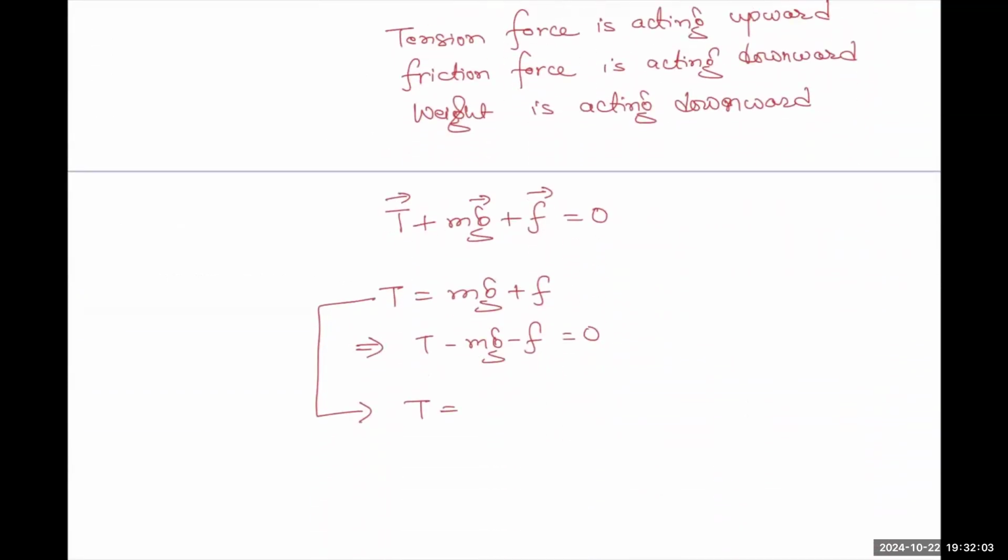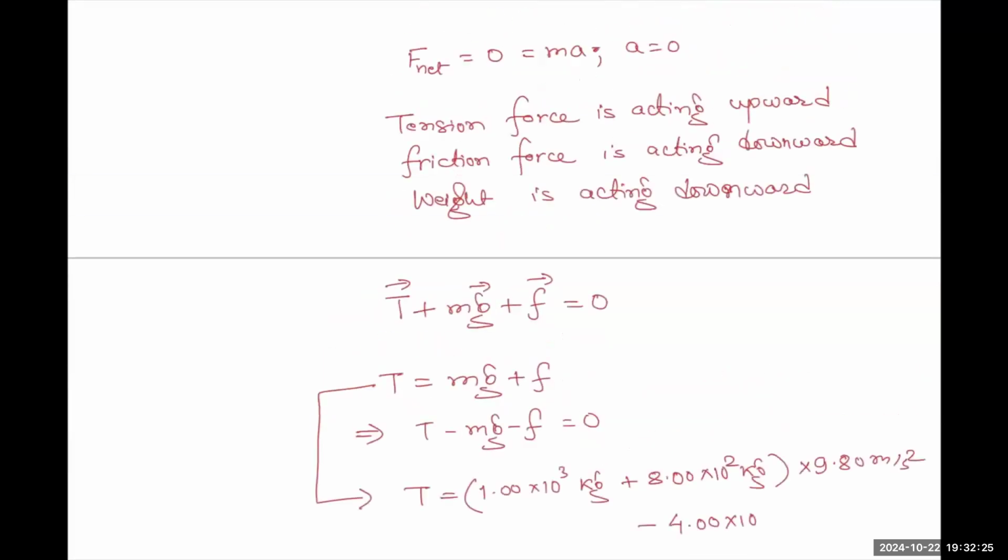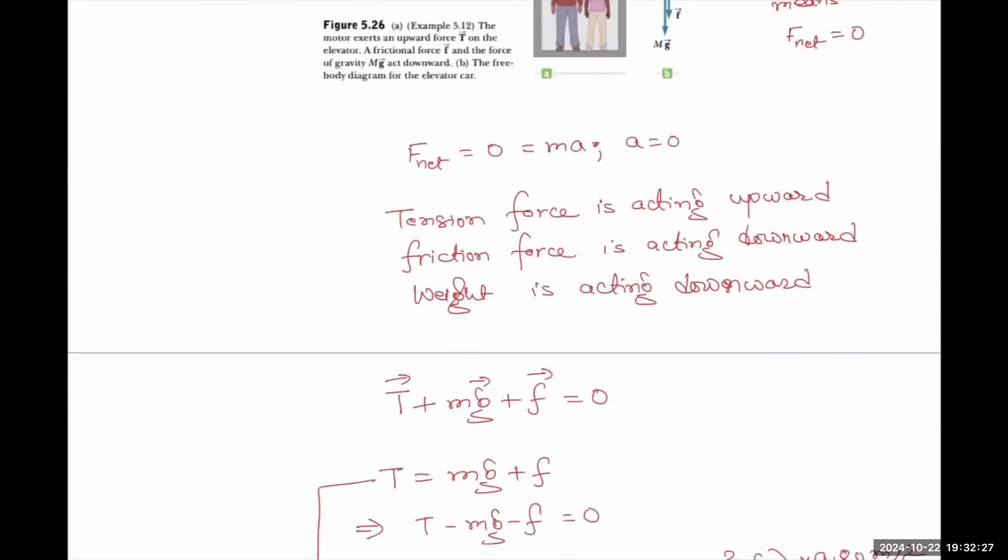So the mass is 1.00 times 10 to the 3 kilogram plus 8.00 times 10 to the 2 kilogram, times 9.80 meters per second squared, minus 4.00 times 10 to the 3 Newton,